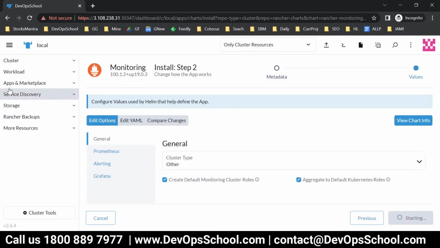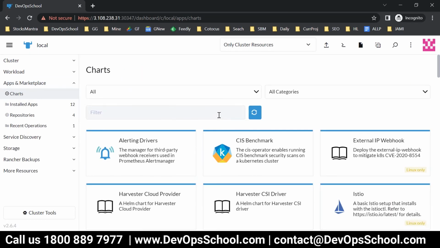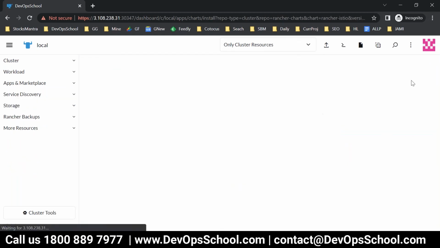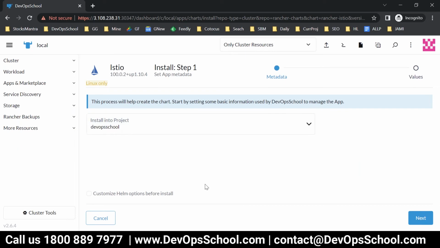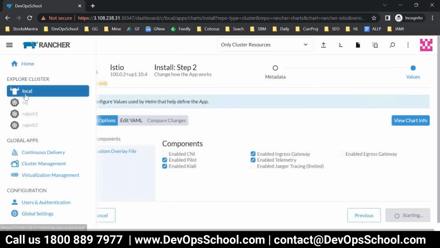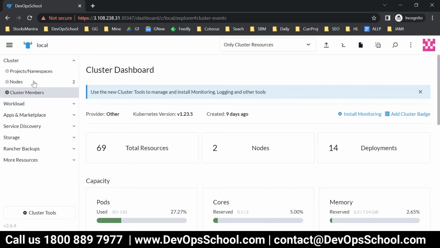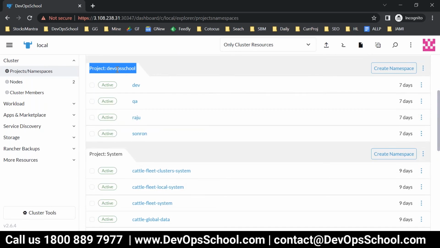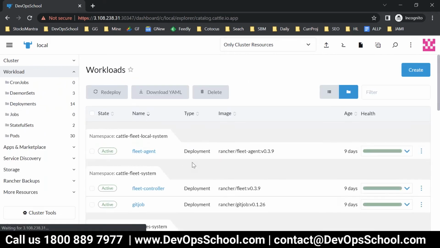install. Like that, if you want to install more DevOps tools like Istio, let's say, here, install, project name, next, install. Now if you go to that project, I'll take you to the projects here. Under projects, DevOps school, where is that? Here it is. Now all these resources you will find inside that. So let me show you in this workload,